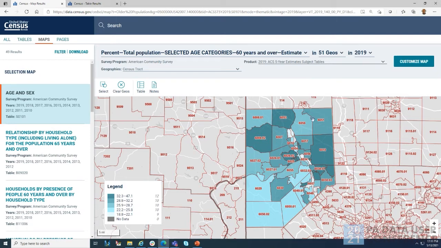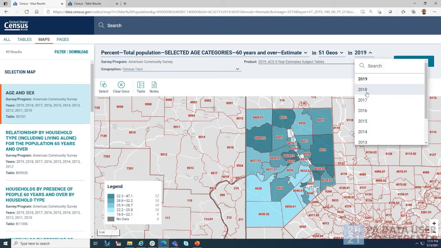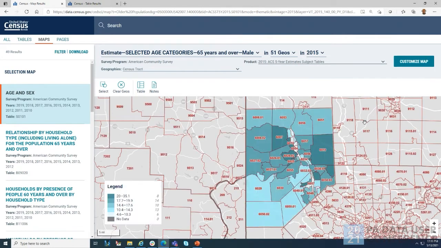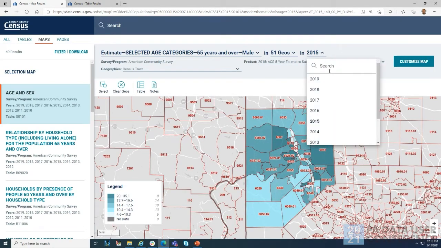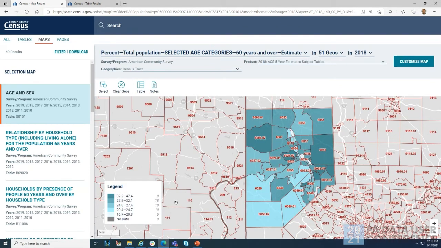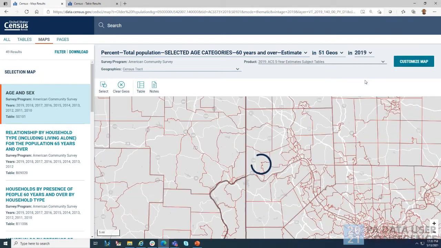So you can see the dark areas over here. What's nice too is there's a drop down for years. So if you'd like to see some bigger changes, maybe do 2015 and see the different years. You can do that. Then from there you can go back to 2019.